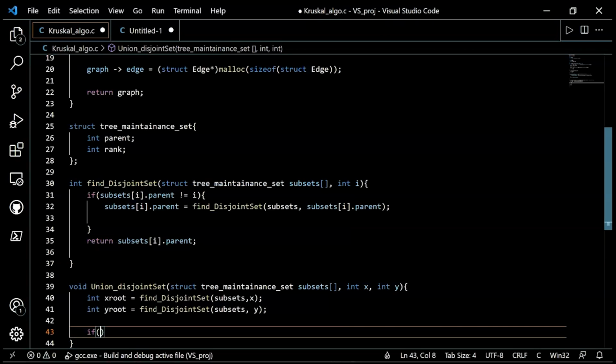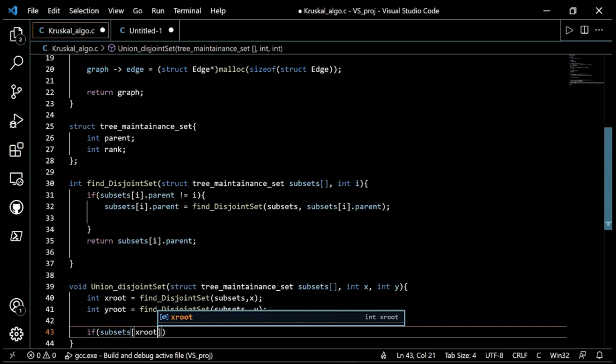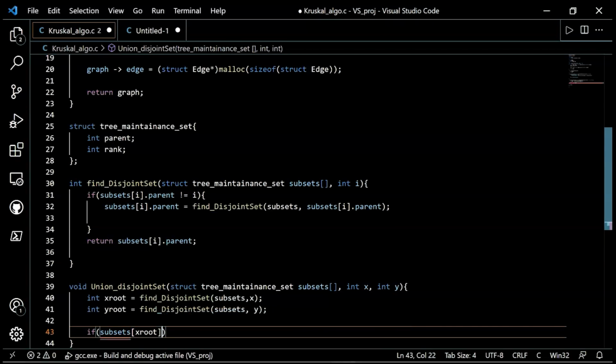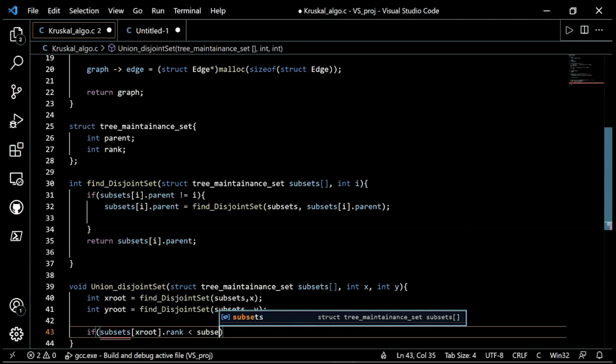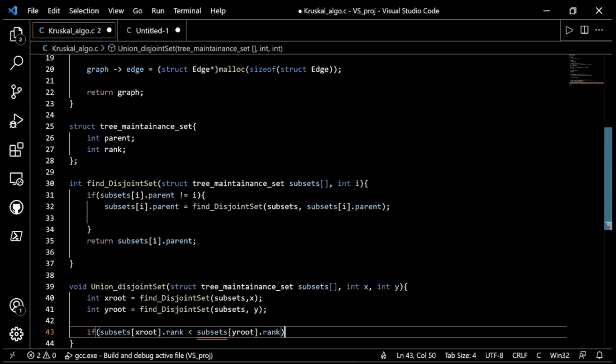If subsets xroot dot rank is less than subsets yroot dot rank, then what we'll do is